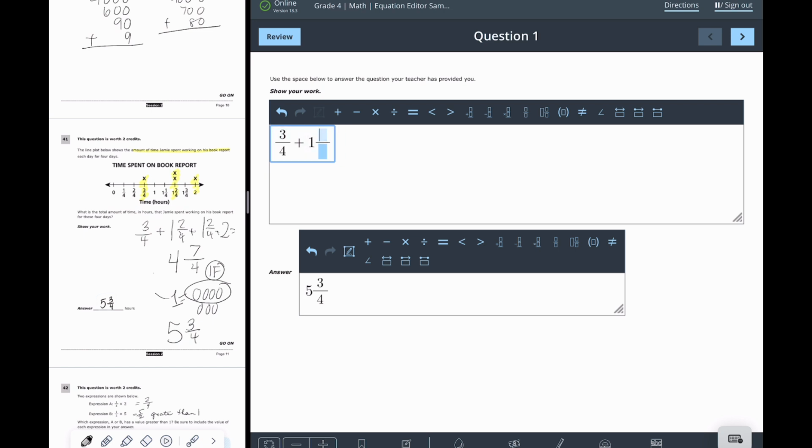1 2/4. See, I'm figuring this out. It's okay. Plus, and I have to hit the mixed number again. 1 2/4 plus 2. Okay, so there we have it. And I'm going to have all this equal to 4 7/4